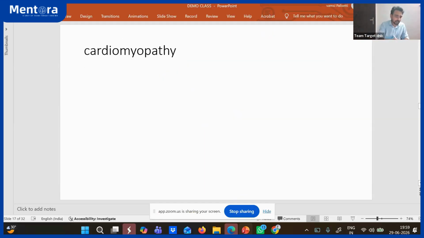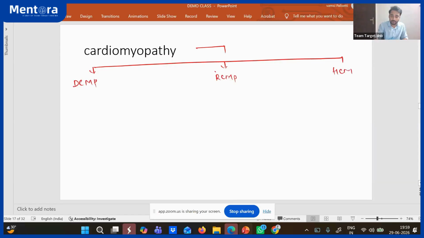Right. So let us discuss 2-3 points regarding cardiomyopathy. Very important here. When you say cardiomyopathy, you know 3 cardiomyopathies especially. One is dilated cardiomyopathy, restrictive cardiomyopathy, and hypertrophic cardiomyopathy. Okay, so dilated always important. Infection is the main common cause. Infection like viral, Coxsackie, or any parasite also, toxoplasma, all these things. Apart from that, very important is alcohol. Apart from that, very important is hypothyroidism. Apart from that is hypocalcemia. Very important causes of dilated cardiomyopathy.